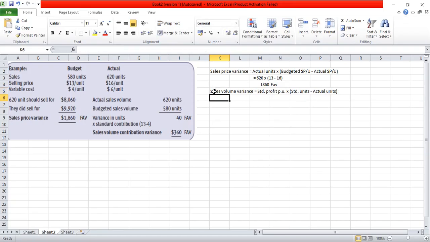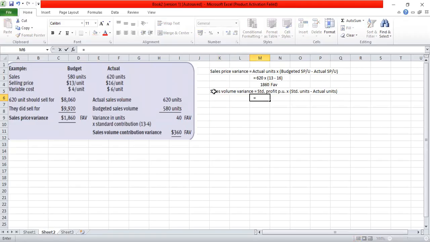Then profit is different things for different situations. So in marginal costing, it is contribution, which is considered as profit, which is controllable profit. But in case of absorption costing, it is the full profit. That is, full total cost is deducted from sales, and then we have the profit. The point is, we do not have the details about what is fixed cost. That's not mentioned here. All we have is only the variable cost. So irrespective of which method they are following, we have no other option here, but we can take the standard profit to be